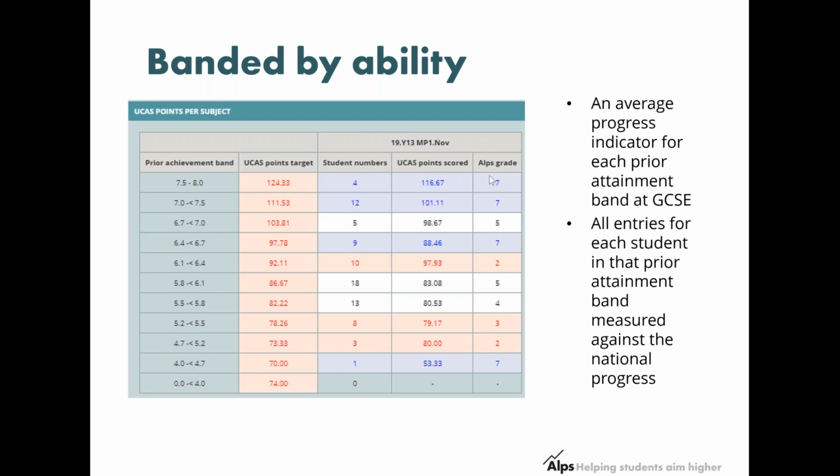They're kind of blue. So you're kind of saying, those 4 students, I know there's only 4, but can we have a conversation around what subjects they are doing and why they are not making the progress? Just a point on that number, these are small numbers. One student might have a big impact on that, which is why I don't think Alps should ever be used as a stick. But it is a forum, a platform for having a really powerful conversation about those